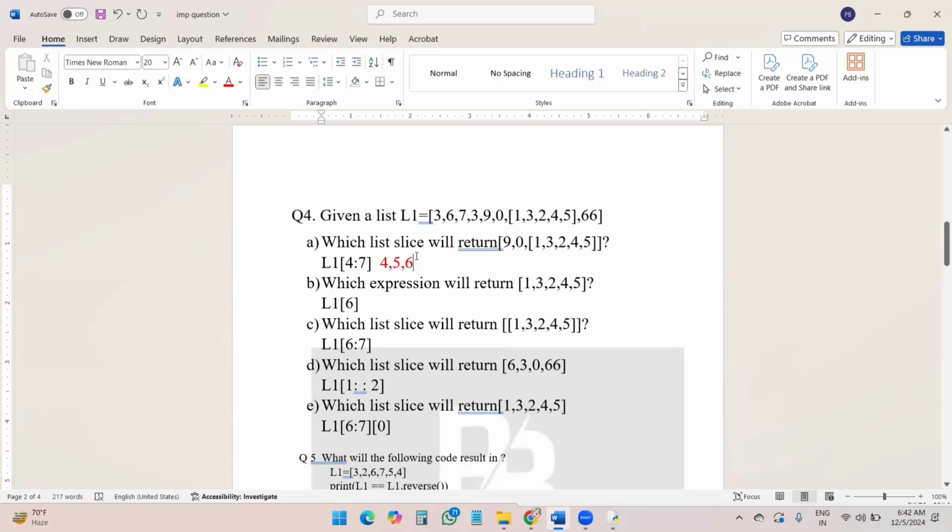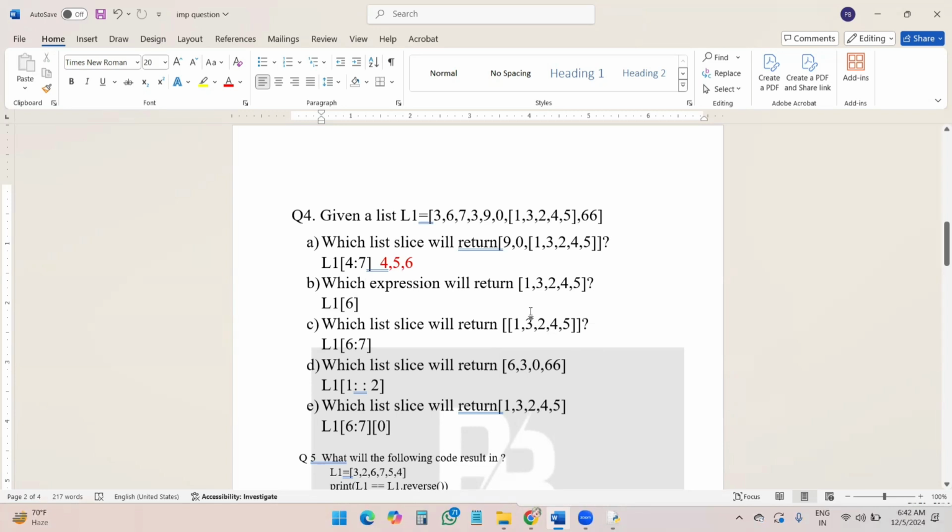Now next I am having this one, if I just want to print this one. See, 0, 1, 2, 3, 4, 5, 6. This entire thing is my 6th position. So that's why I'm writing here L1[6].